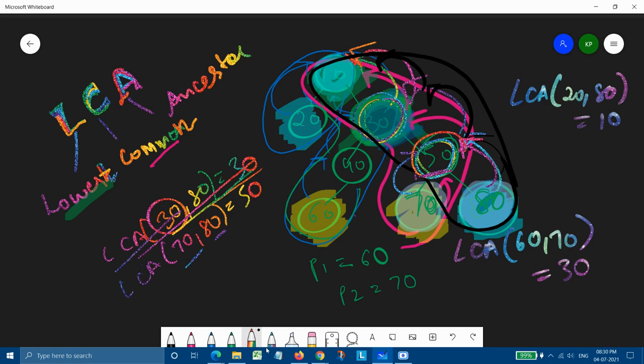Then if both are in the same subtree of the main root, but both of them are leaf nodes, then the one which is the root of both of them becomes its LCA. And for the ones in different subtrees, that is 20 and 80, the LCA would be the main root, that is 10.